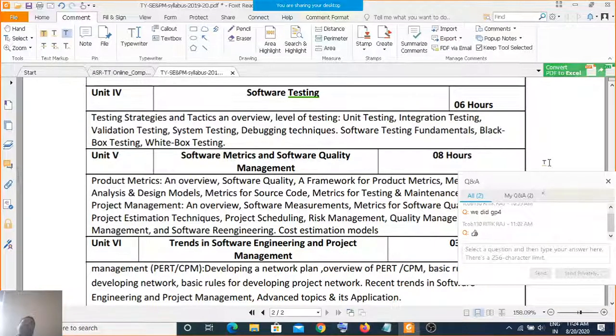Then we have gone through the software testing fundamentals. So what are the software testing fundamentals? One thing, if you go as a software tester, you should check the software for its weakness, not for its strength. A tester is the one who should check the software for its weakness, not for its strength. Because if you check the strength only, you will automatically get a blind spot for the weakness, and once you get the blind spot for the weakness, what will happen? You will start not getting enough out of it.